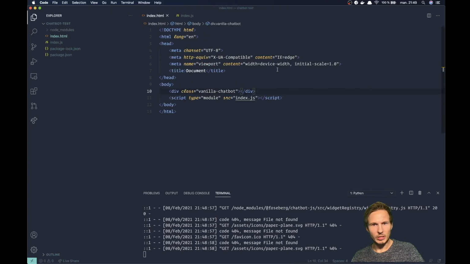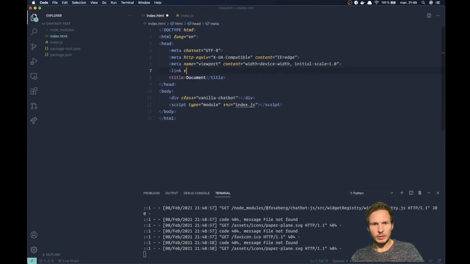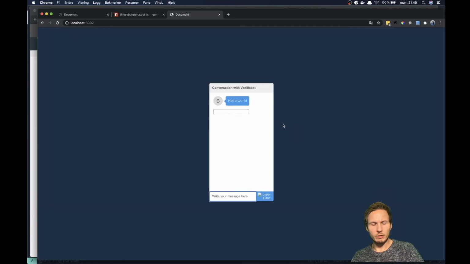Go to index.html and do link rel stylesheet. And the type is text/css. And the href is node_modules, and the path to the CSS file. And close that. If we refresh, here we have our chatbot. And as you can see, our